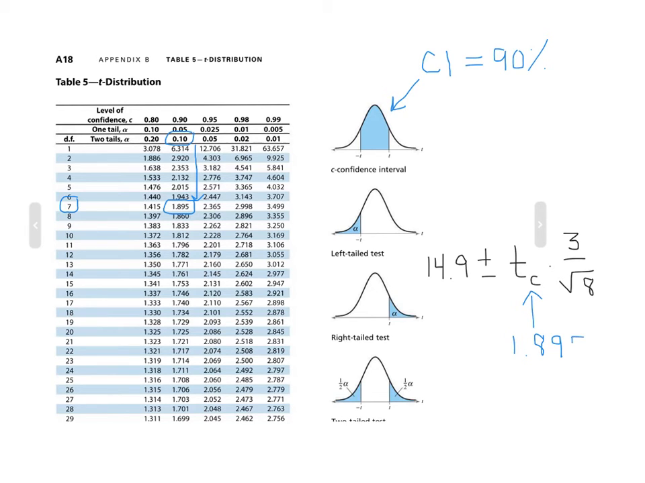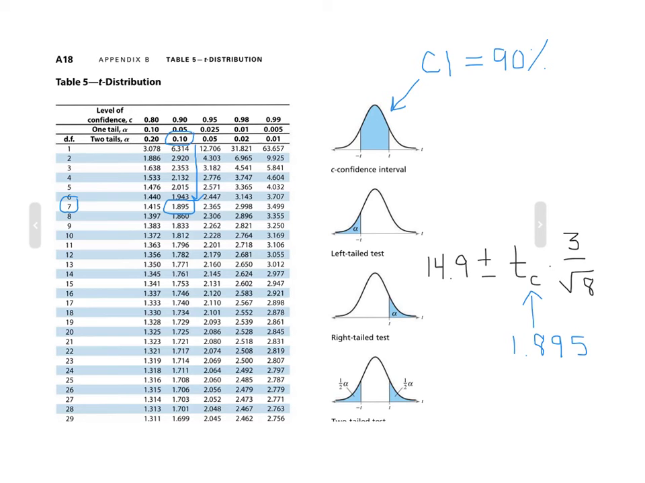So we're going to substitute right in here that 1.895 value. What that's basically saying is that in the t-distribution with 7 degrees of freedom, we need to go out 1.895 standard deviations from its center in both directions